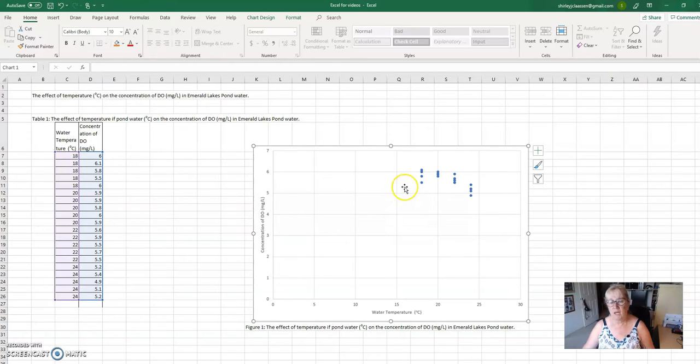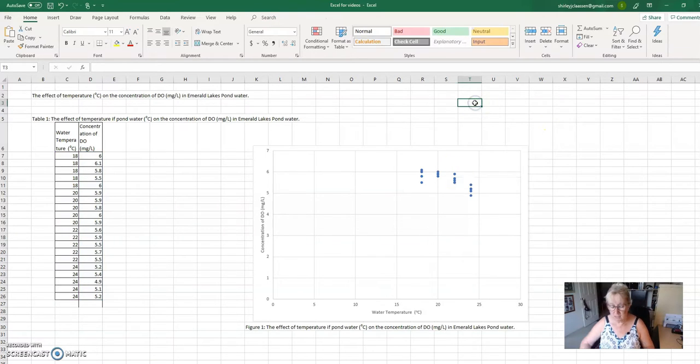Okay, now you don't even have to do a line of best fit. You could just interpret your data as is, straight from your scatter plot. But let's put in a line of best fit. Now, line of best fit is often called a regression line. I'm going to pop that up here just in case you forget, because